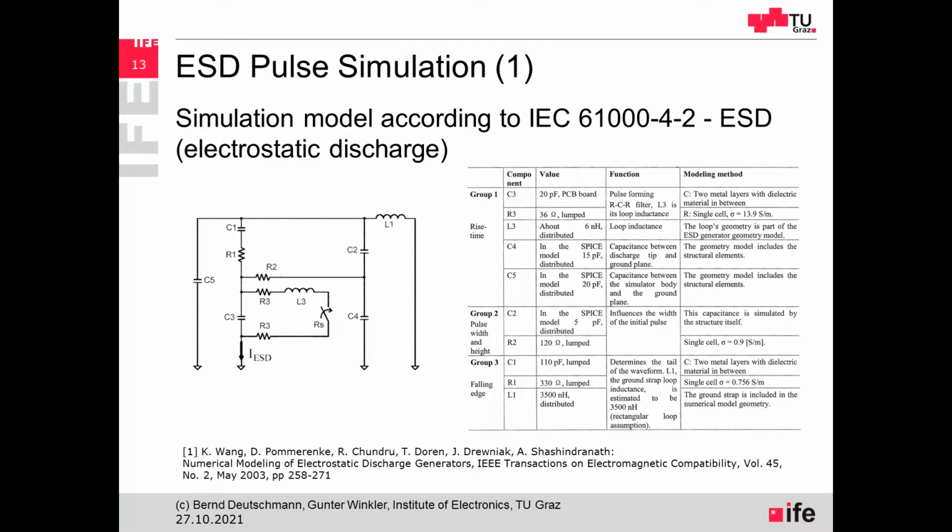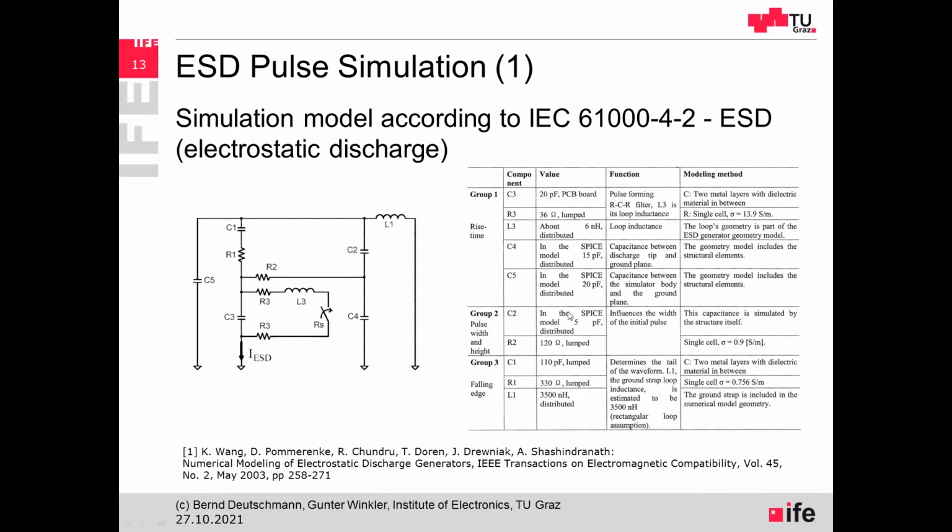And therefore, we are very often using simulation tools. For example, here you can see a very nice model that was also developed by David, who is giving the next talk, in order to simulate the discharge current of this ESD gun for the system level test. For example, this is a very simple equivalent circuitry here on the left-hand side. You can see capacitors, resistors, stray capacitances, stray inductances. There is also the switch that can be closed in order to discharge an electrostatic current into an IC under test.